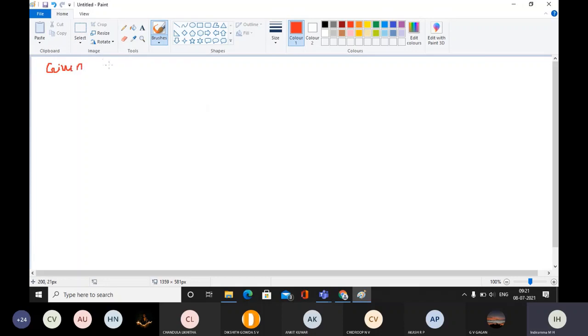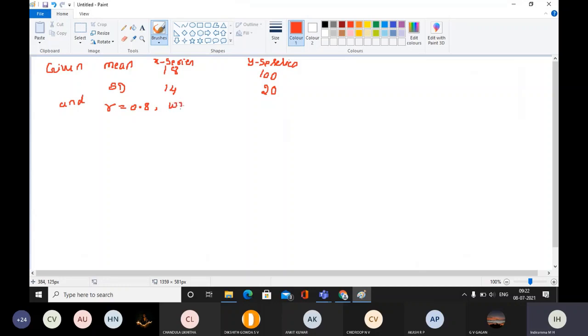Given, this is also a question paper problem, mean and standard deviations for x and y are given. This is for the x series and this is for the y series. The mean for the x series is given as 18. The mean for the y series is given as 100. The standard deviation for the x series is 14. The standard deviation of the y series is 20. And also they have given r is equal to 0.8.